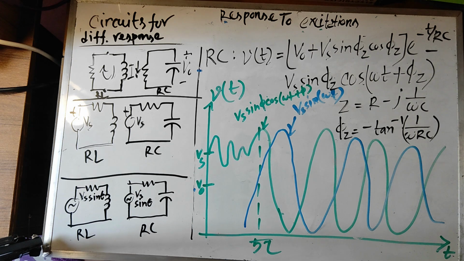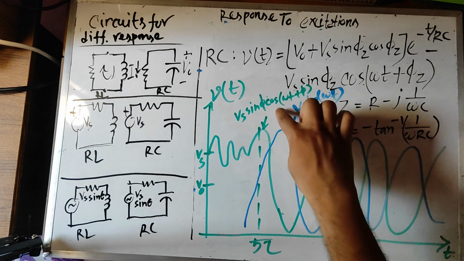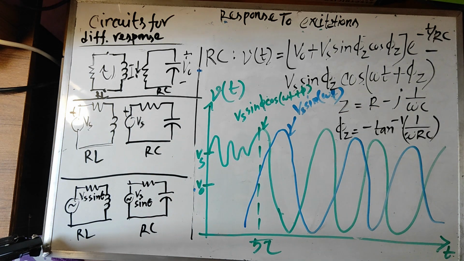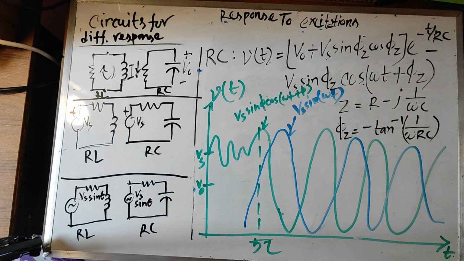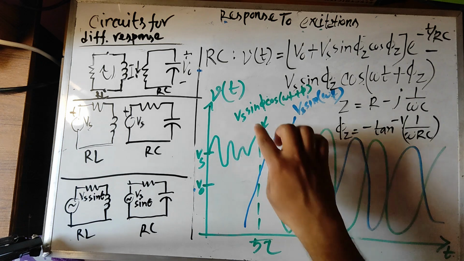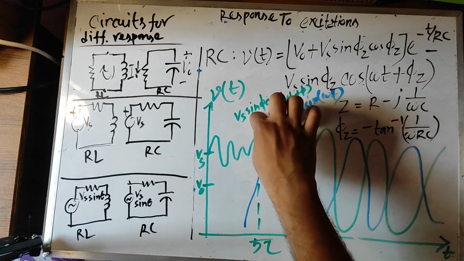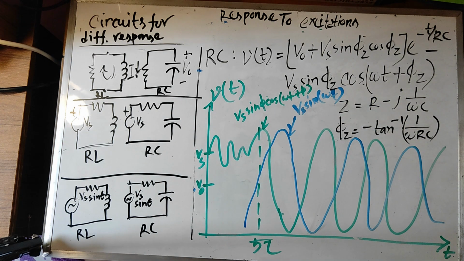So this is the input and this is the output. So in the RC sinusoidal response, there's an extra sine phi term, I don't know, it came along with the solution,